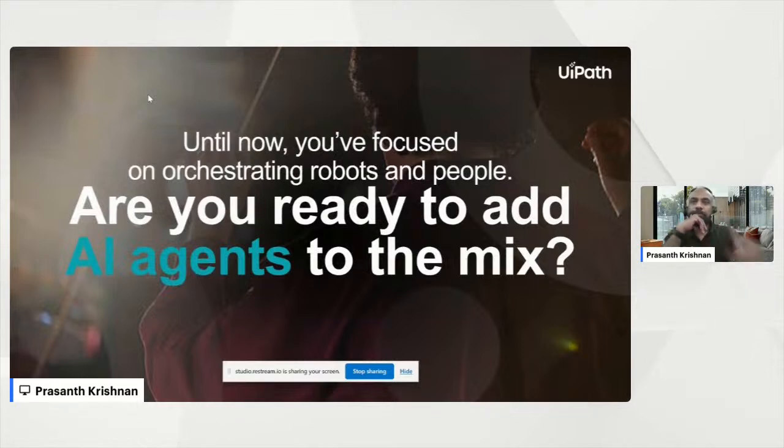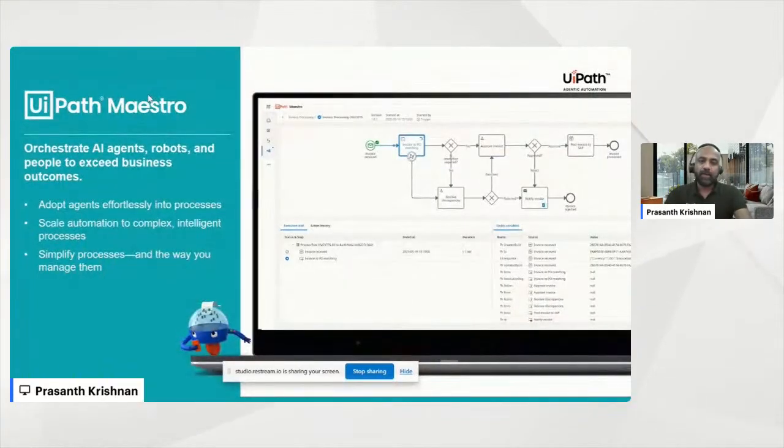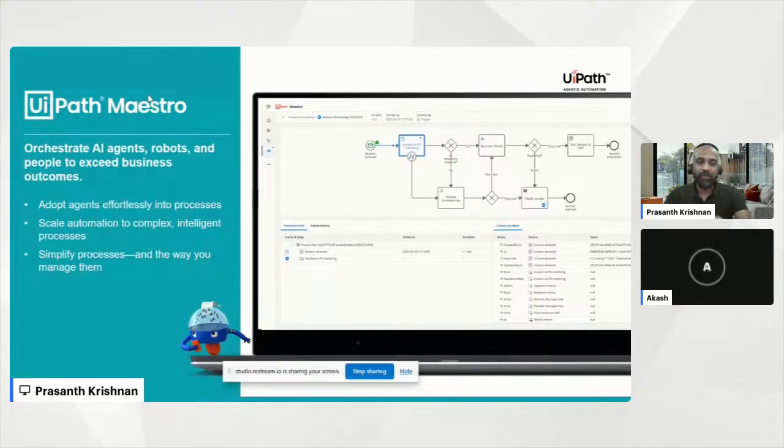Now, that was the first piece, but what gets more interesting is the orchestration piece of it. So we don't just stop at building an agent and running it. You'll have to look at how you have to orchestrate your agents. And your workflow is not just going to be one agent. It is a combination of multiple agents. It is a combination of robots. It is a combination of IDP, AI capabilities, and also humans. So that is where we have introduced Maestro.